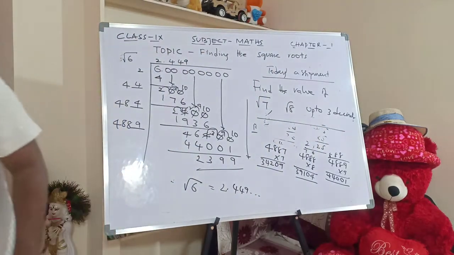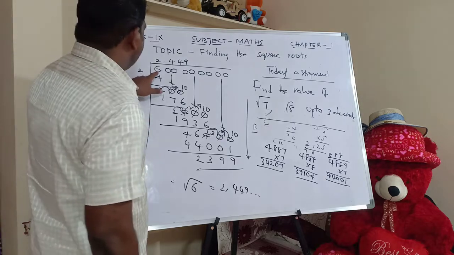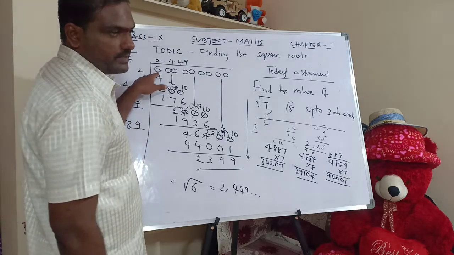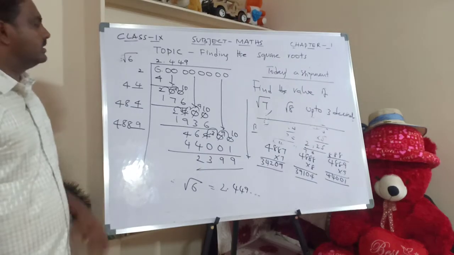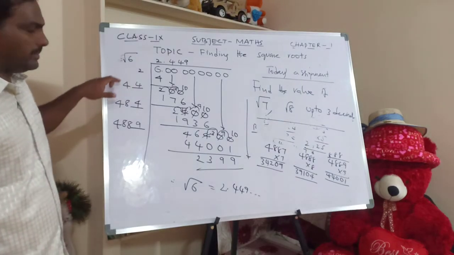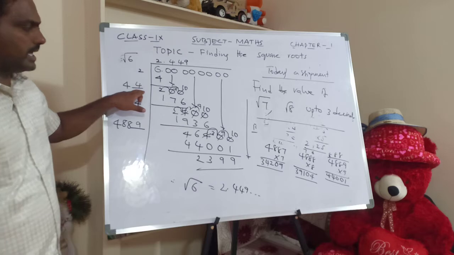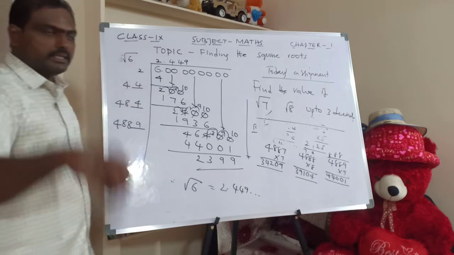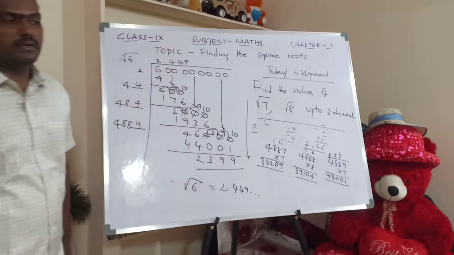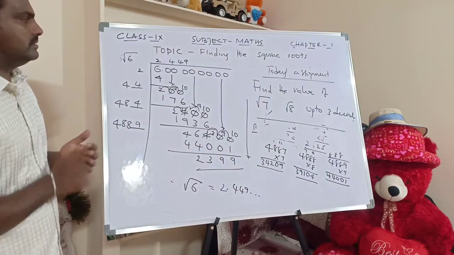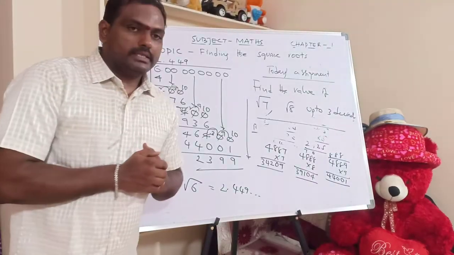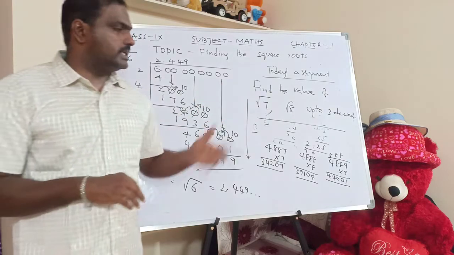The main point is that first you have to select the nearest perfect square. After that you multiply with the same number. After that double it and place it in the blank. Whatever number is written in that blank, you should multiply with the same number. Like this you have to prolong the steps. Hope you understand. Today I told you about single digits.